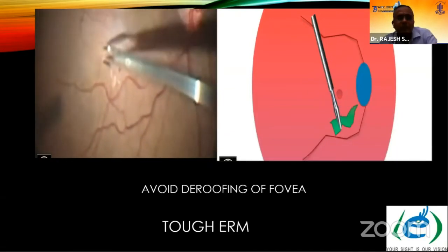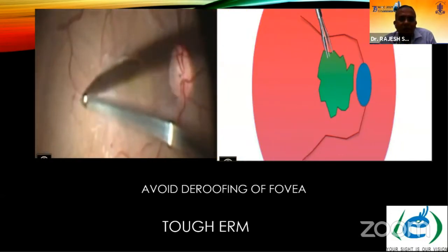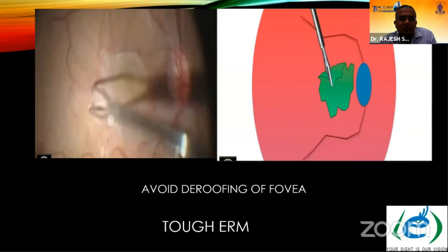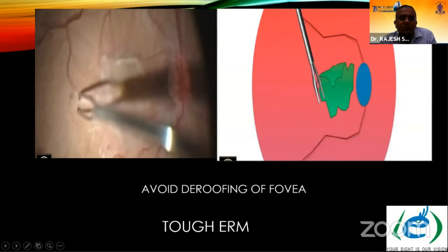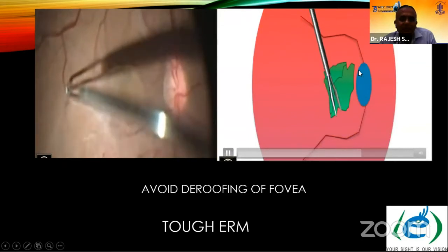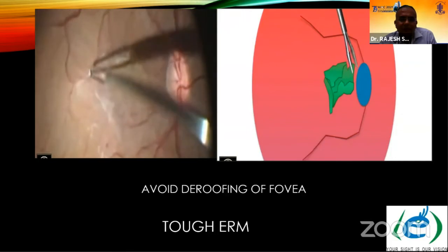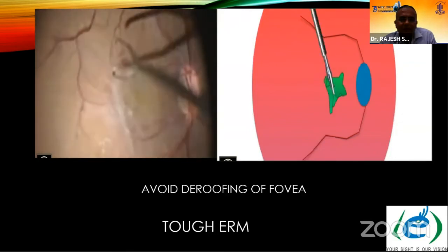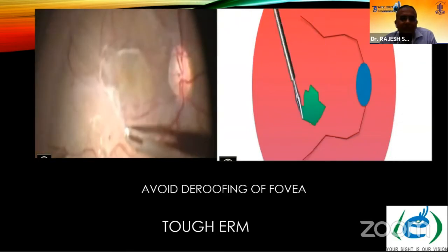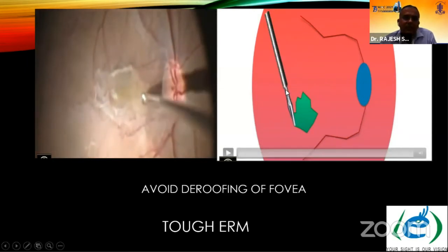You can see that if you pull it just like that, there could be an appearance of a macular hole. So what you need to do is remove it from all the sides, and gently peel it off without de-roofing the fovea. So this is an important step.